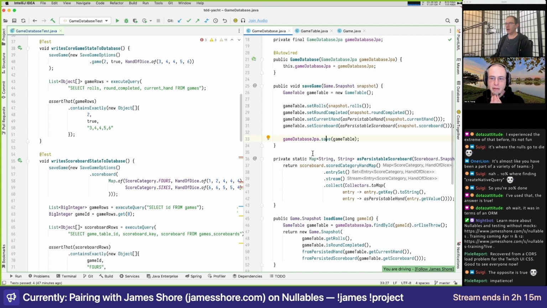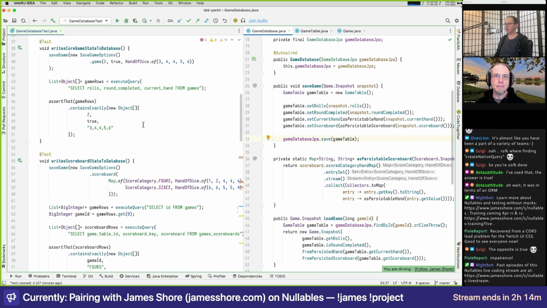I mean, our save. I think right now it's basically doing insert. You said it's an upsert, but I think what we're doing at the moment is an insert, because we're not restoring the ID, so it doesn't see that it's the same thing.